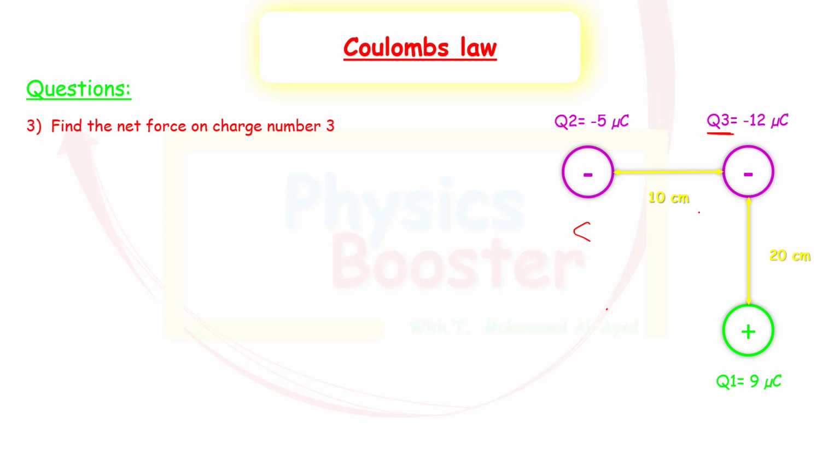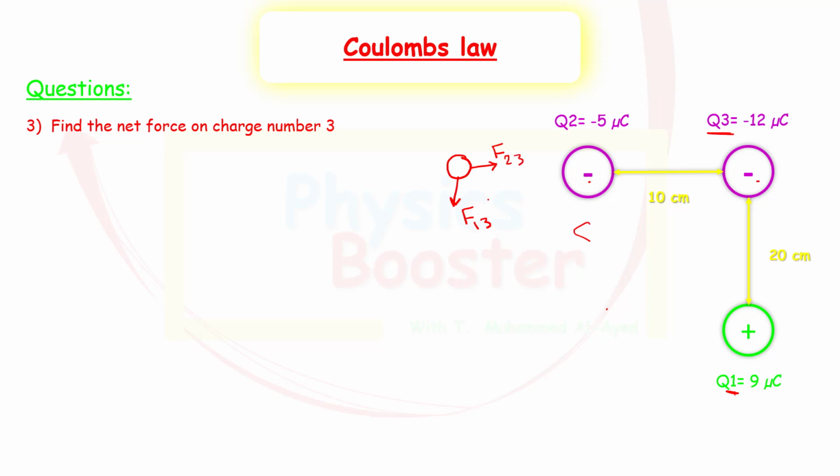So if we draw a quick free body diagram, we see that this is charge number 3. The relationship between charge number 1 and charge number 3: as they are different from each other, it will be attracted towards this charge. We will call it force, the effect of 1 on 3. And we know that these charges are the same, so it will repel. It will go in this direction in a force that we will call